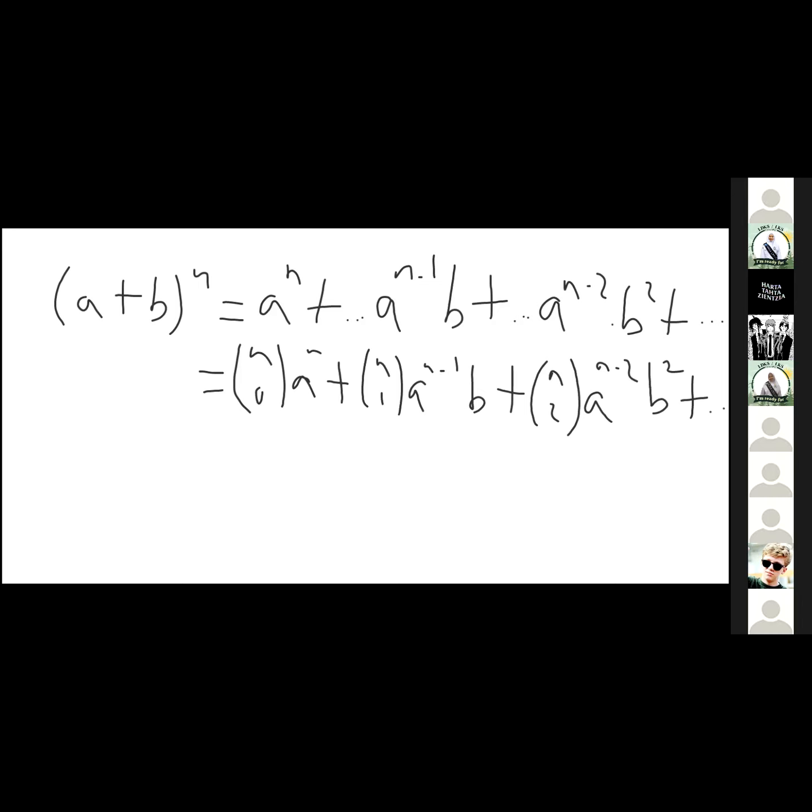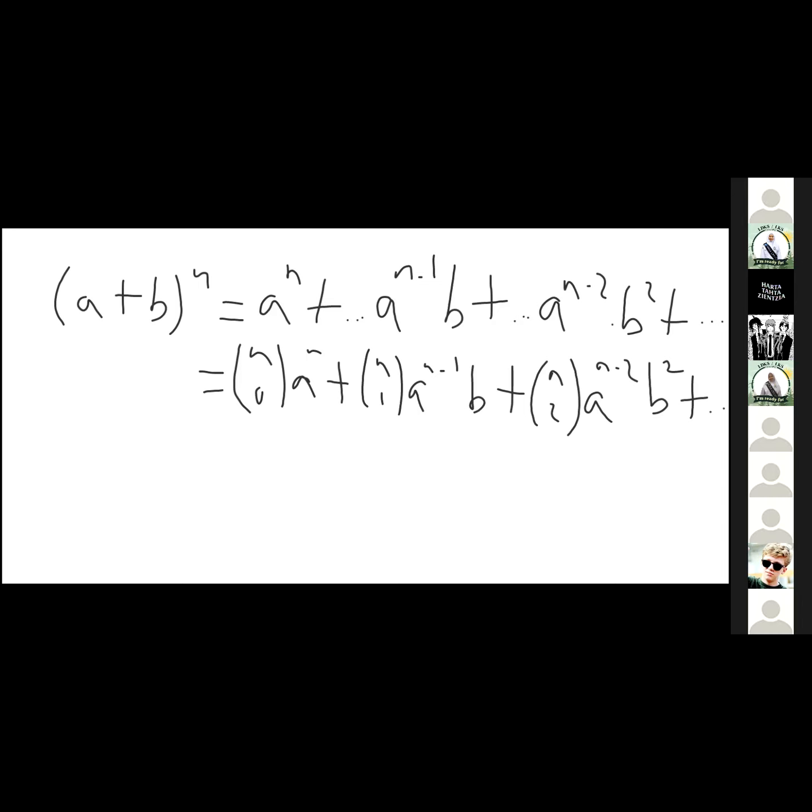And so on. And as you can see, basically for the coefficient, you can choose to use Pascal's triangle, or you can choose to use combination. So both methods are fine. And you just use the one that you think is easier for you.